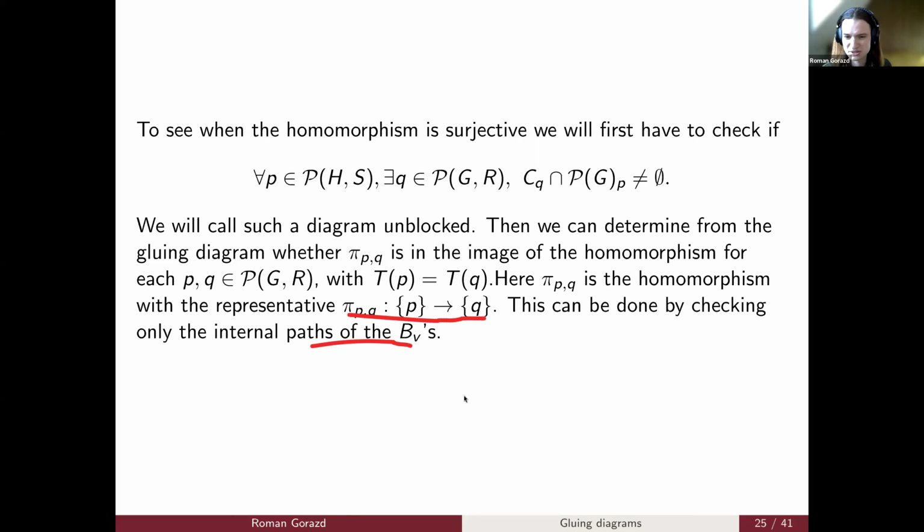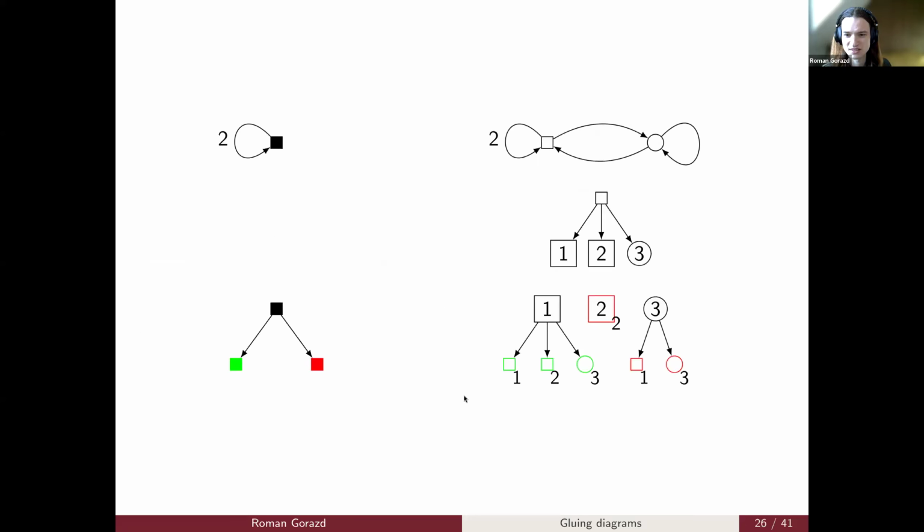I will show you. But first, I will talk about unblocked gluing diagrams and blocked gluing diagrams. So this is an example of a blocked gluing diagram. It looks a bit like the gluing diagrams we had before, except for one slight difference. In the diagram we had before, this was a 1 and this was a 2. So I kind of switched them. And we can see that